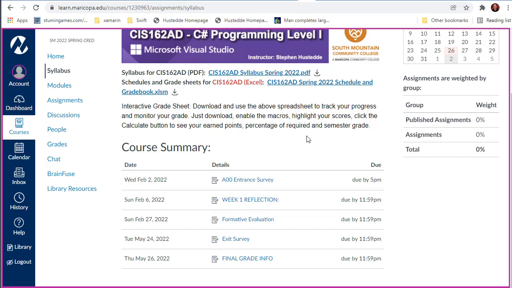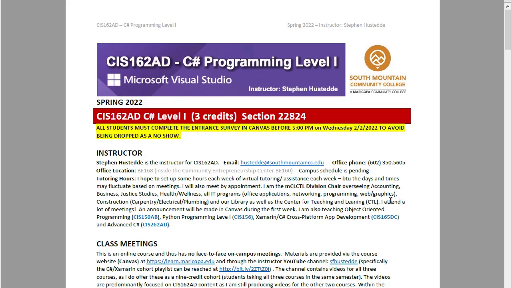Let's take a look at the syllabus first. So here's the syllabus, downloaded as a PDF. A little bit about myself as the instructor, my email, and my office phone. By the way, you'll probably have best success emailing me through Canvas. That'll flag it. If you do email me directly though, please include CS162 AD at the beginning of your subject